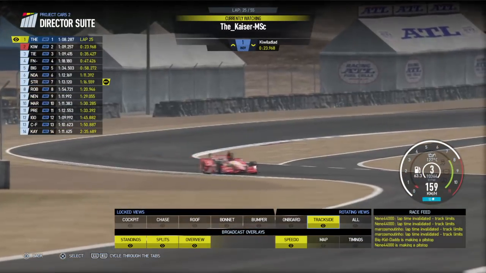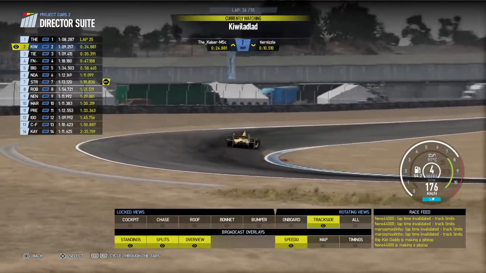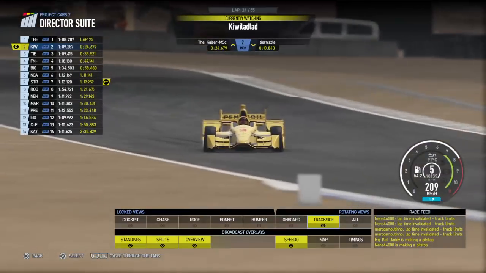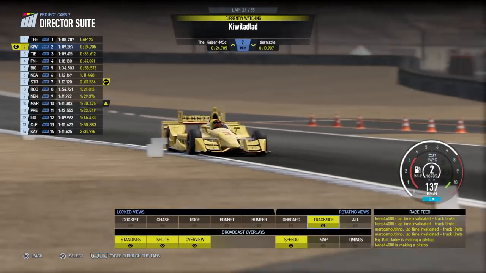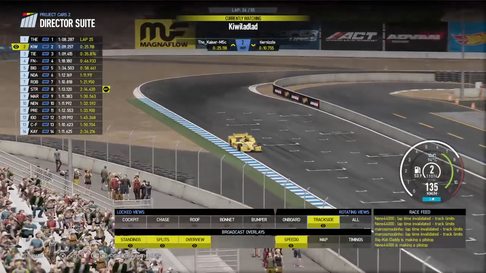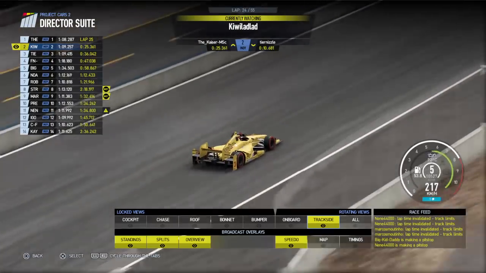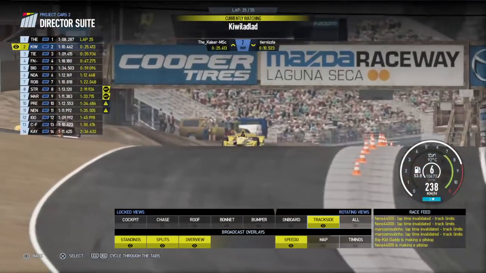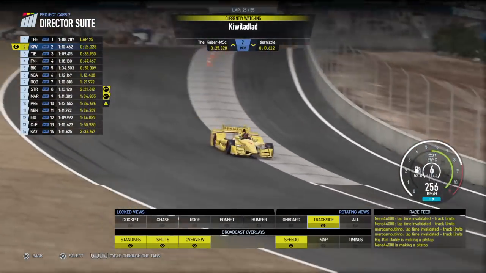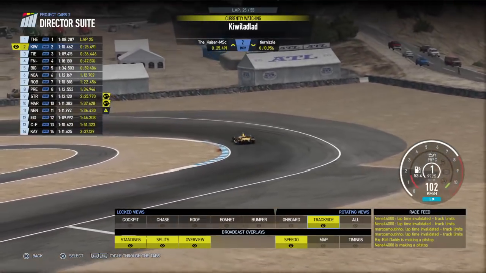So Kaiser a second a lap faster than Kiwi the last lap. Oh, and Kiwi has actually gone off. Coming through the left-hander after the corkscrew. Can't actually remember what that corner's called. He has gone off and loses more time to the leader. And really, this is Kaiser's to lose by miles, but he really is going to have to make some catastrophic errors